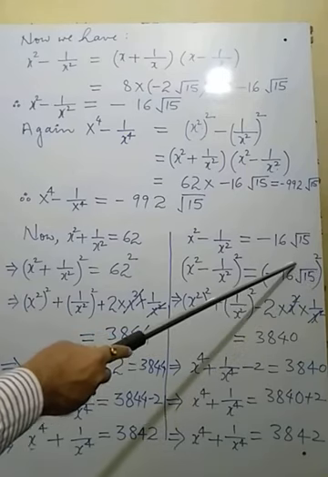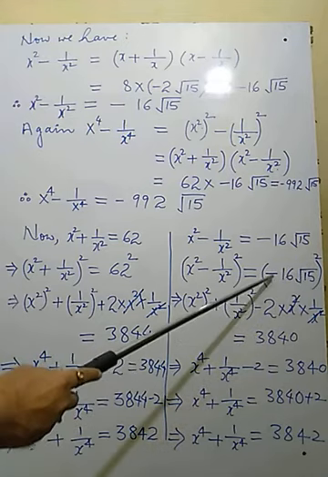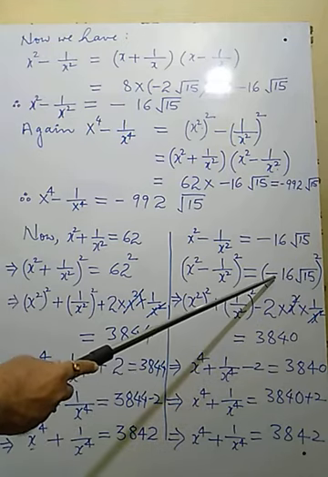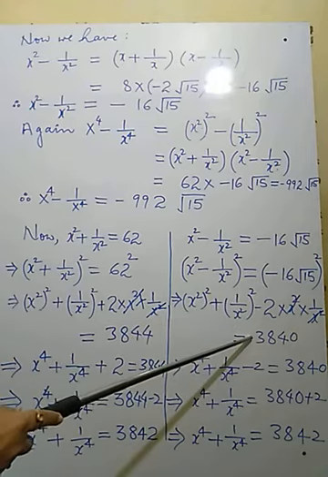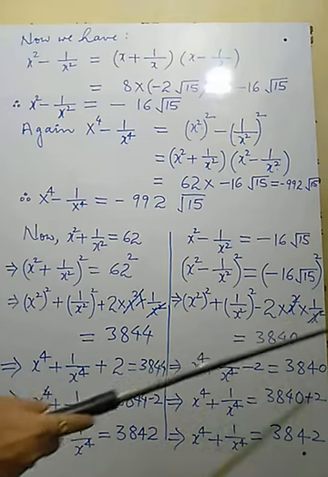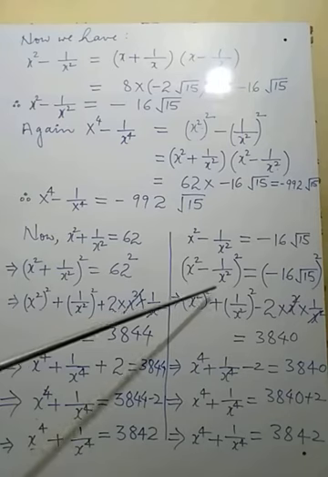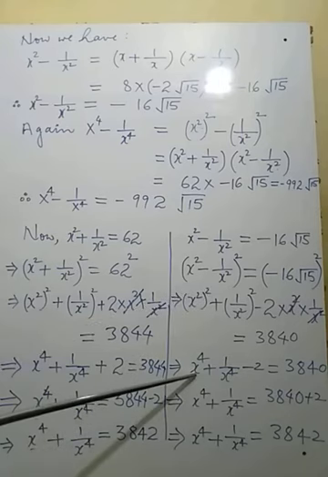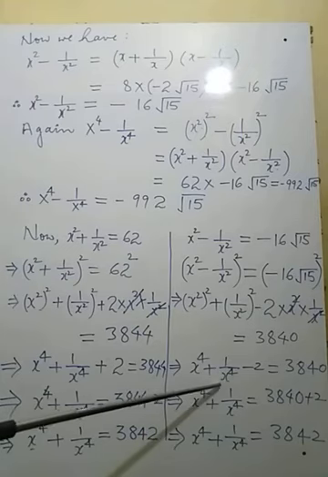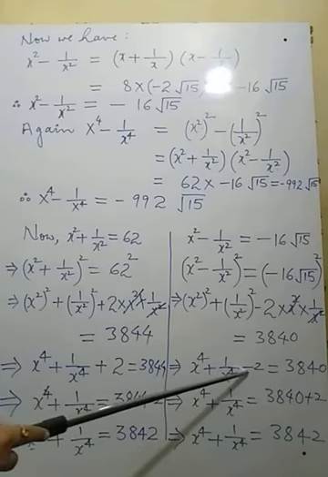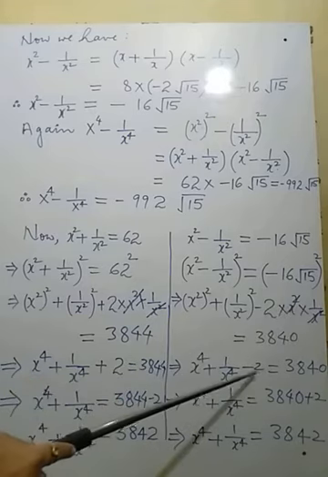The square of 16 is 16 into 16, and the square of under root 15 is 15, and the square of minus will become plus, because minus into minus becomes plus. That's why the positive sign is here. It will be 3840. Now see, the square of x square, so multiplication of power, it will be x to the power 4. Same thing here, multiplication of power, so 1 upon x to the power 4, minus 2, because x square is cancelled by x square, so minus 2 equals